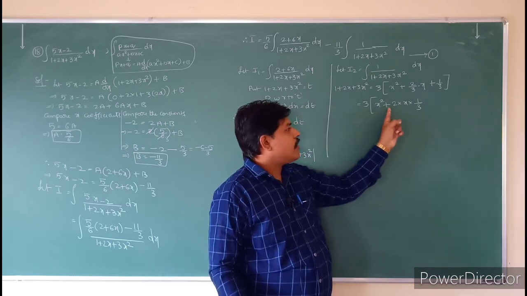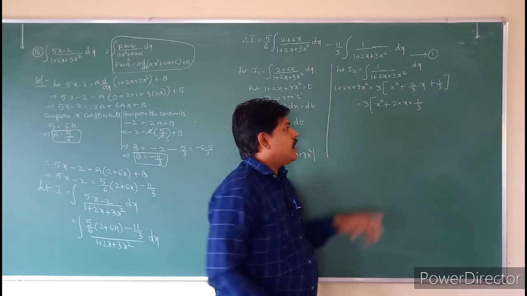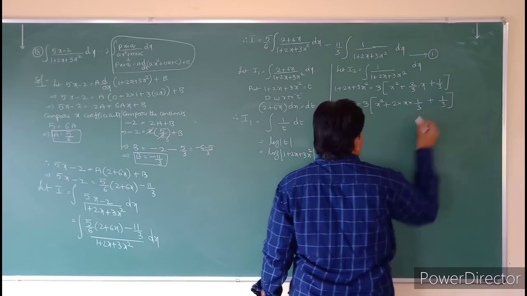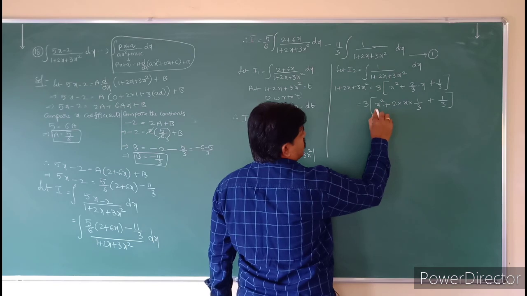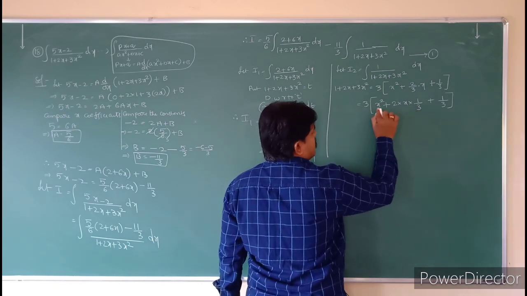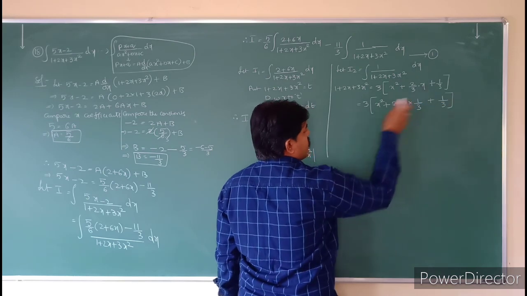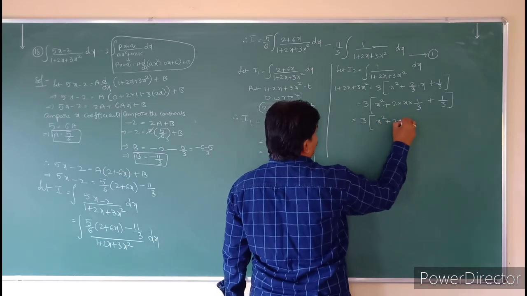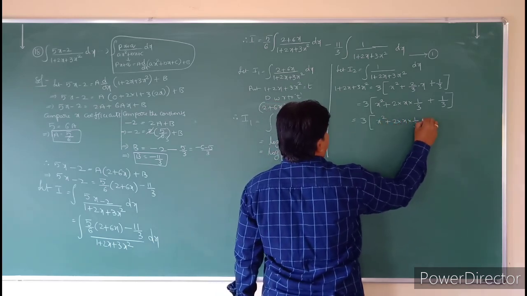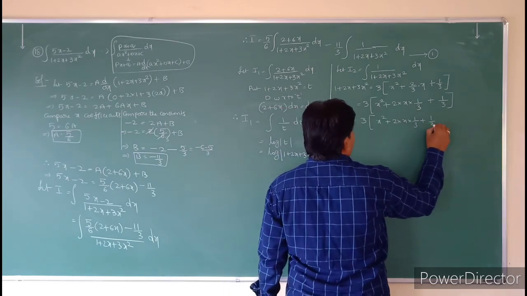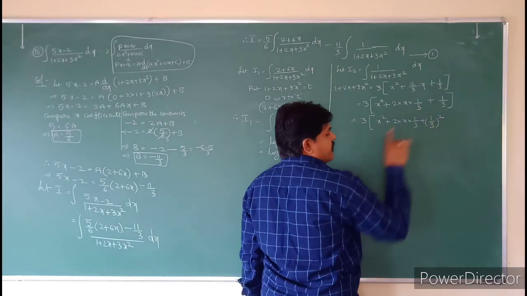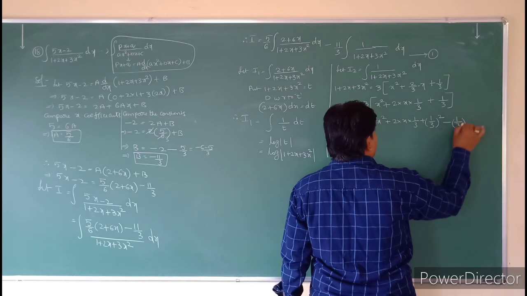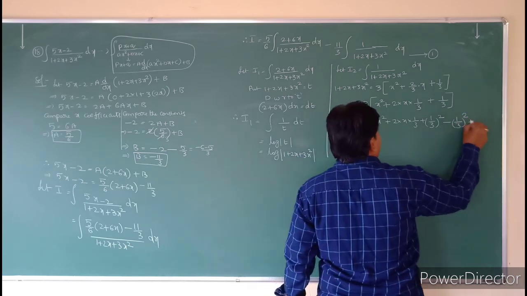So it is in the form a square plus 2ab, plus 1 by 3. So observe these two terms, a square plus 2ab. You want to add plus b square. So 3 into x square plus 2 into x into 1 by 3 plus, I will add 1 by 3 whole square. I am adding b square. If you have added, then you have to subtract also. So then you have to take the subtraction of 1 by 3 whole square plus the already present 1 by 3.